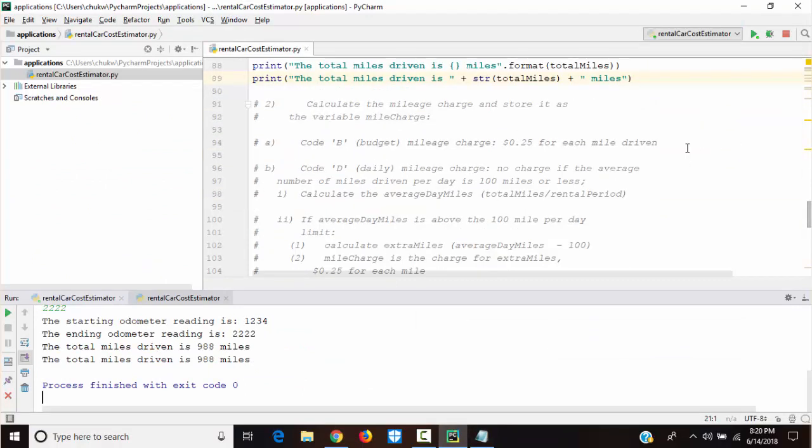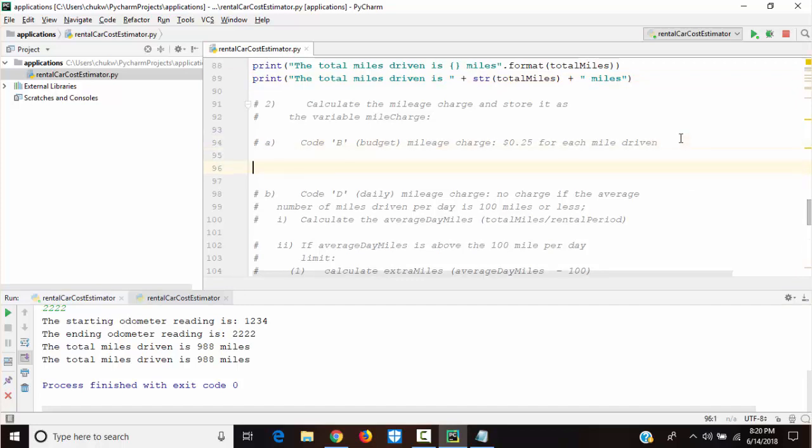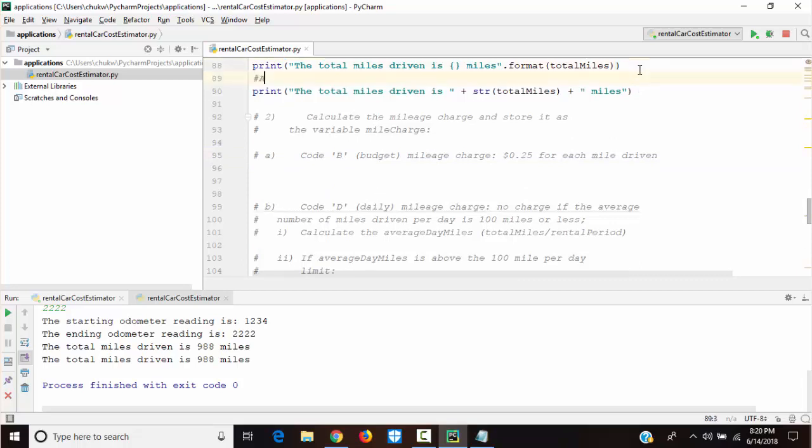I want to write it first in Python. So let me comment this. Another way to write it.